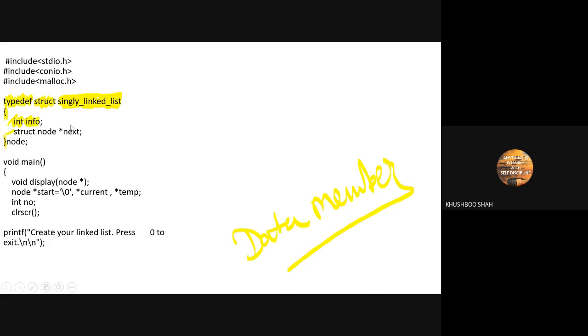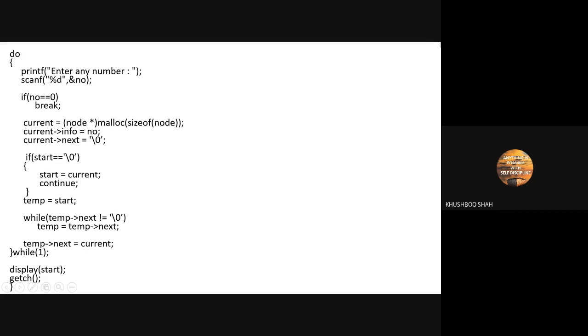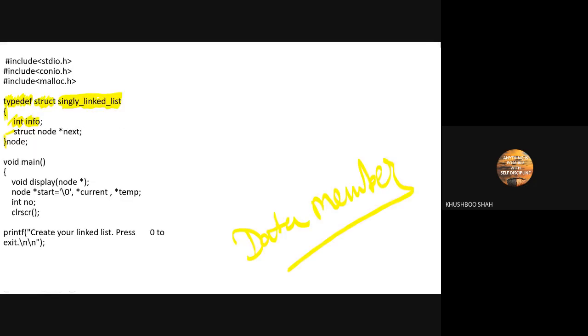So the first data member is int, integer type, and the name of the variable is info. And the second member, which is important, see it carefully: struct is a data type, node is the name of the structure, also we call it alias or the object. And what is this, guys? Pointer variable. Perfect. So here we have next.